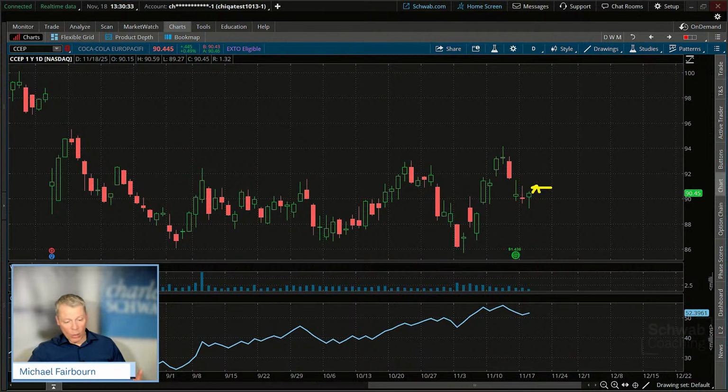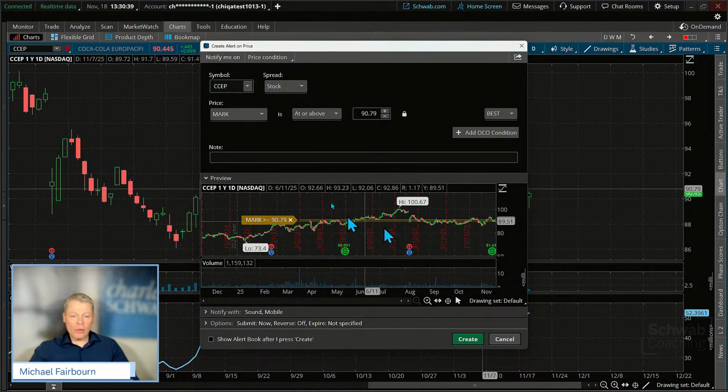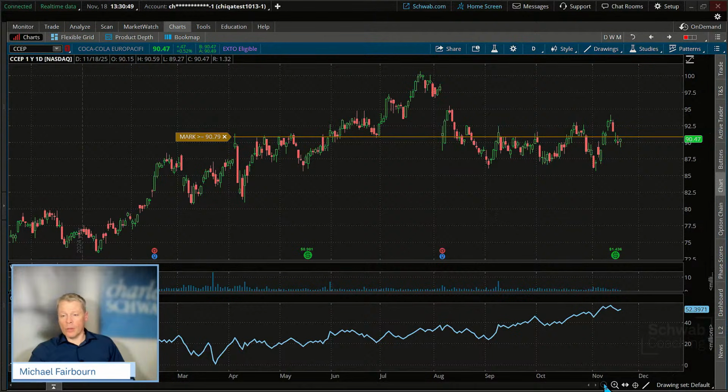So I'm going to tell you what we'll be looking at. I'm going to put a little alert on this right here. If we do get one, we are going to be buying this for our class as an example here. Okay, with that money flow being such an interesting guide here for us. Okay. All right, so that's our first one.